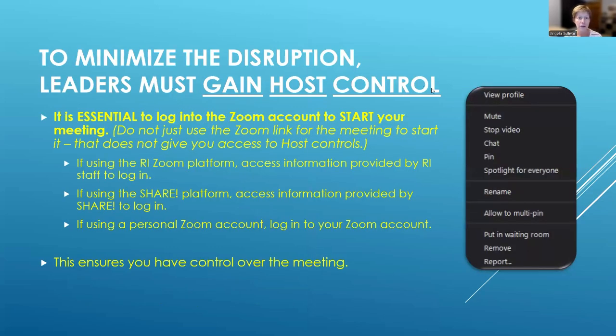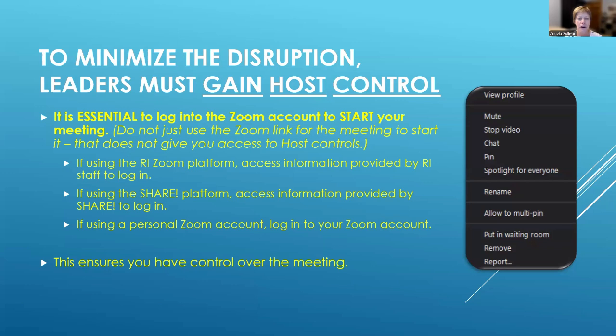So this is a very important thing. To minimize the disruption, you must gain host control of your meeting. So if you're a leader or you have an assistant leader, whoever that tech person might be, someone needs to start the meeting through the Zoom account.